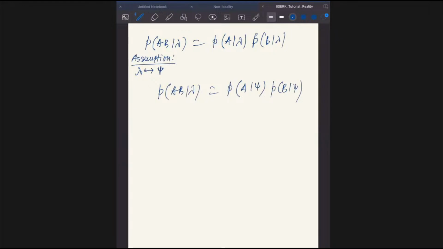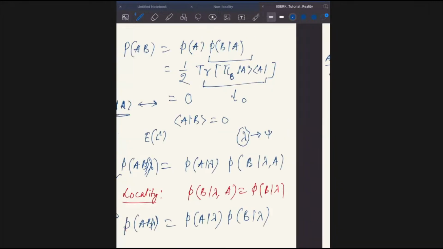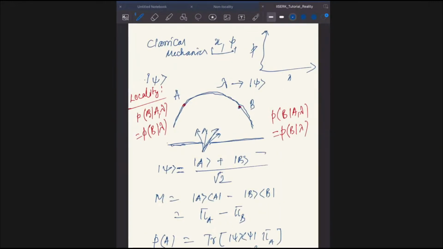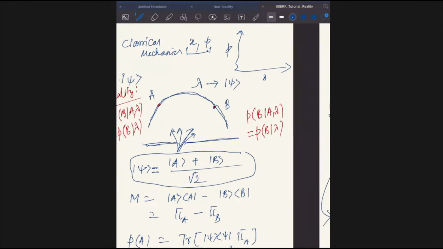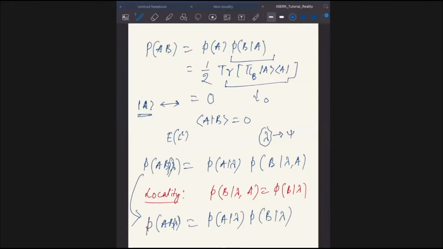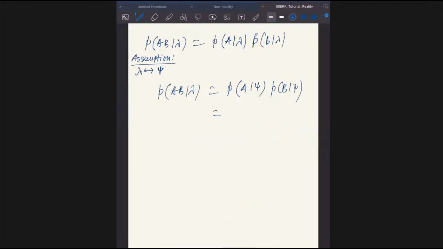Yes. So now you calculate from our previous equations, from this state, PA. Already we have calculated PA is half, and similarly PB is also half, right? PA we have already calculated. So given lambda we have introduced, like this is the state of the system, which is half, right? And the second is also half,